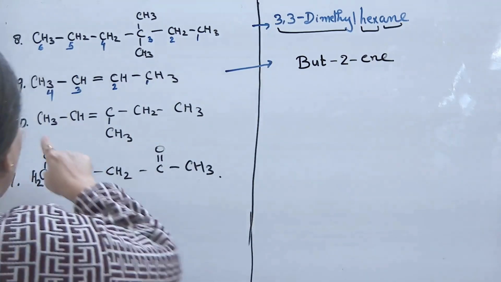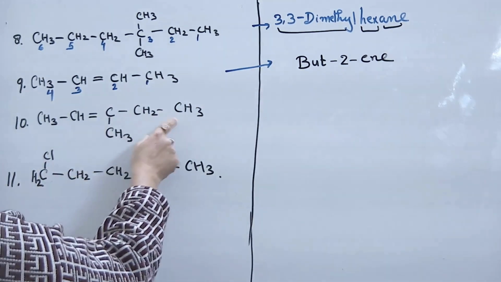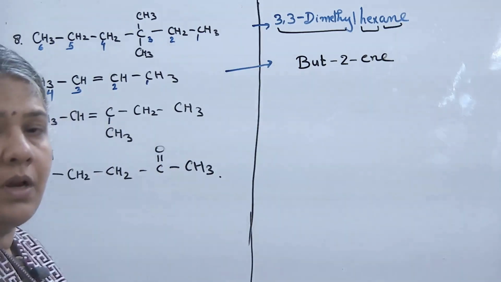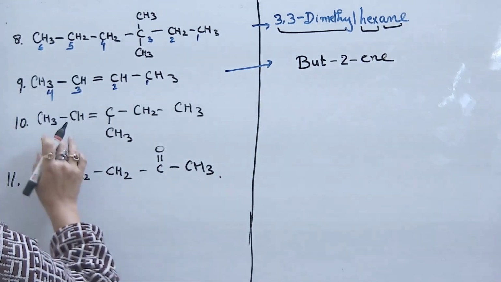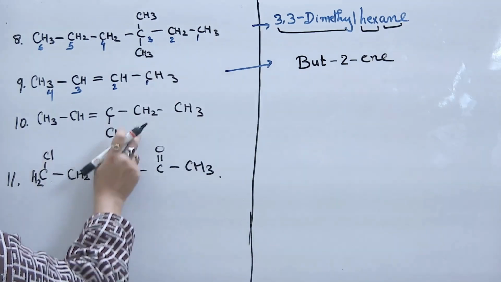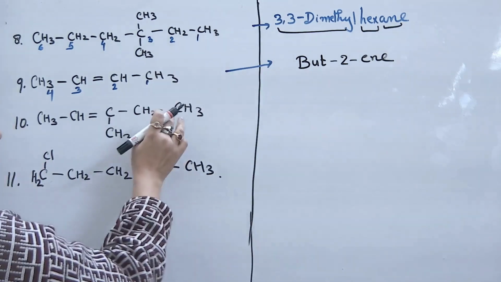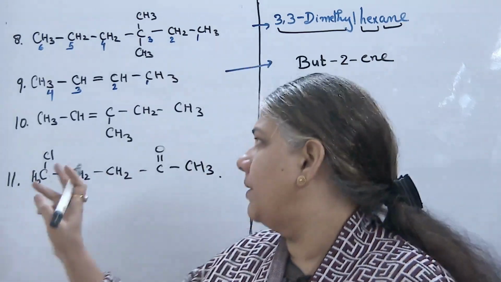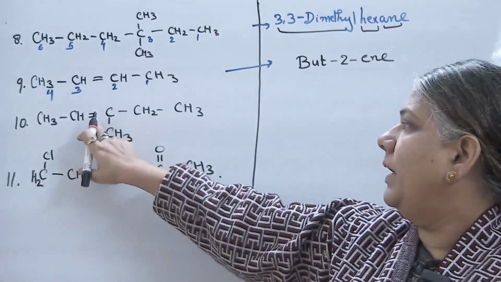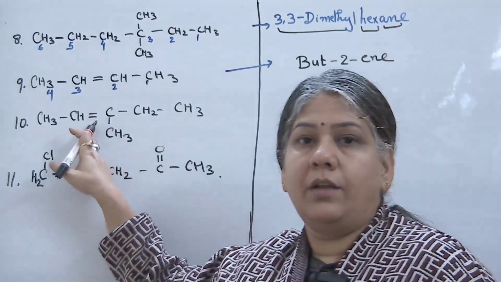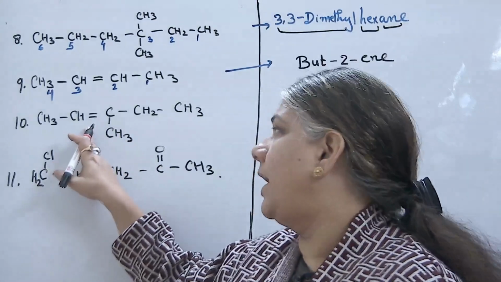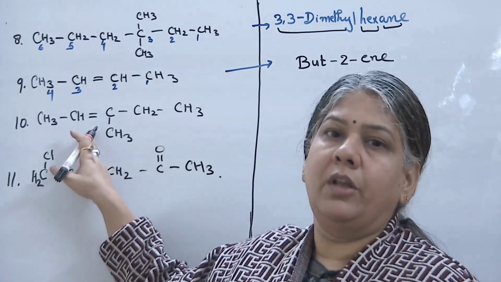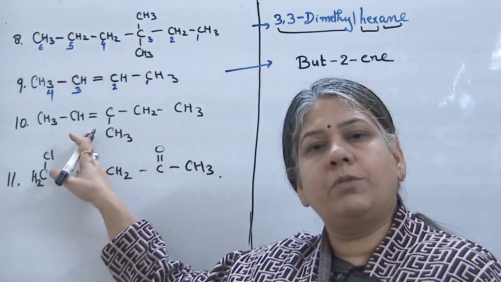Okay, 1, 2, 3, 1, 2, 3. Okay, now numbering should be done from which end? See, अगर हम सबस्टिट्यूएंट को देख रहे हैं तो दोनों तरफ से नंबरिंग करने पे ये वाला कार्बन थर्ड कार्बन हो रहा है 3, बट यहाँ पे डबल बॉन्ड भी प्रेजेंट है जो कि फंक्शनल ग्रुप की तरह एक्ट करेगा. सो नंबरिंग करते वक्त फंक्शनल ग्रुप को प्रायोरिटी दी जाती है, तो फंक्शनल ग्रुप को हम सबसे छोटा नंबर देने